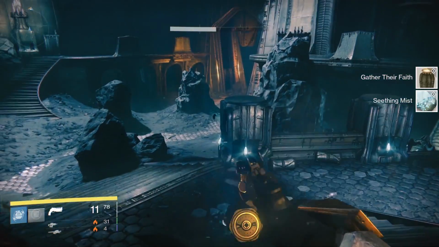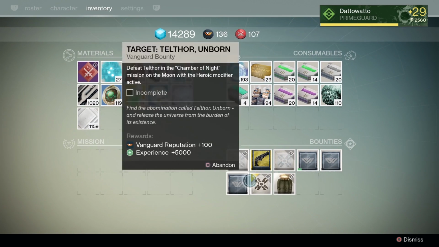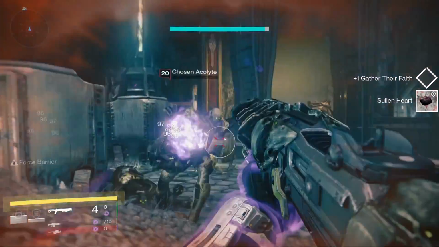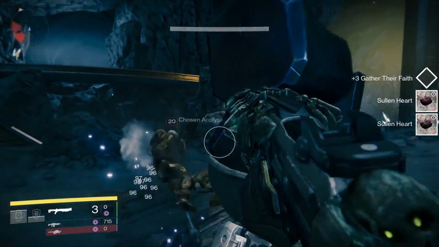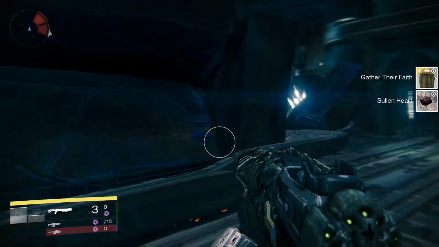After you get that done, you will need to kill Acolytes and Wizards in order to collect 100 Sullen Hearts. Acolytes will drop 1 heart, while Wizards will drop 5. Death will penalize you, but I'm not sure by how much. However, it will not completely reset you. I did 1.5 runs of the Shrine of Oryx story mission and was able to finish that part of the